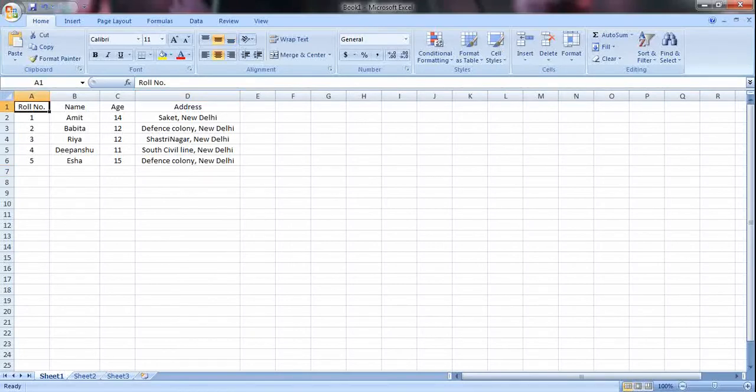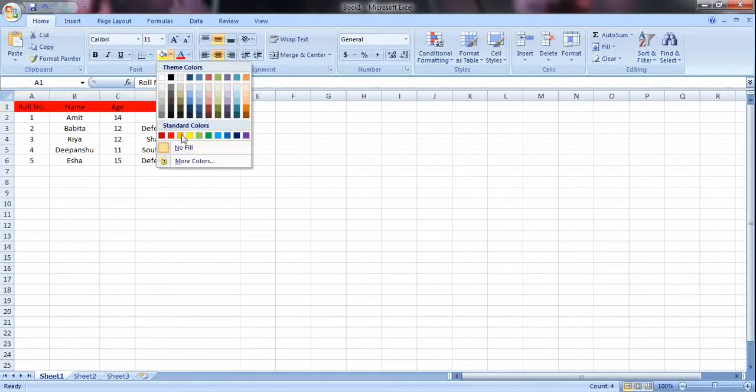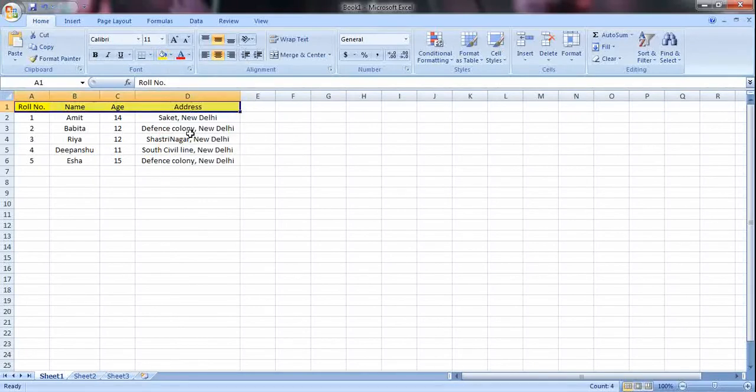Let's say I want to highlight this particular row. What I will do is select the content of this row and go to the font group. In the font group, I can just add some background color.